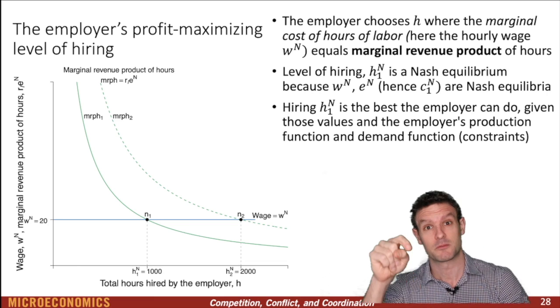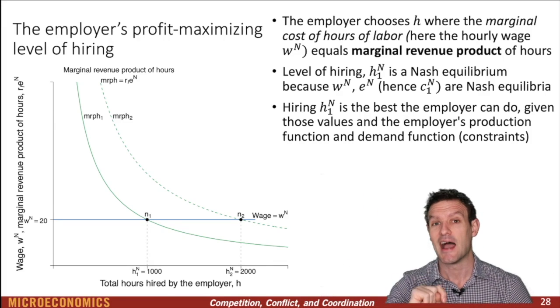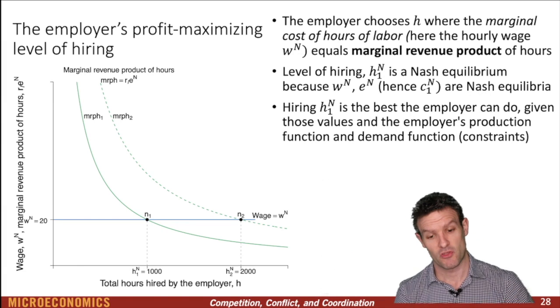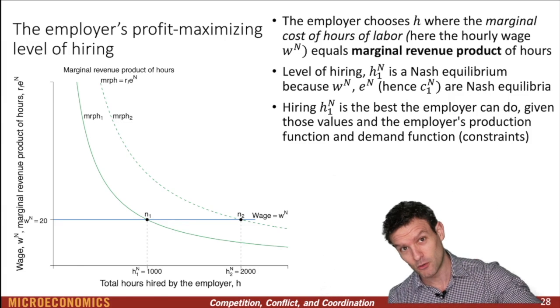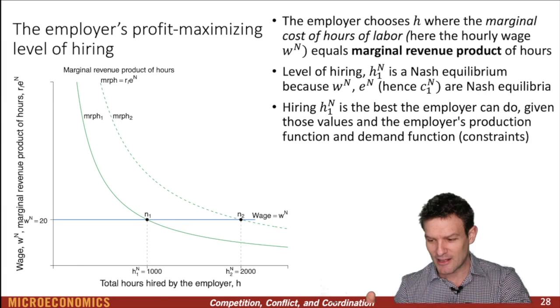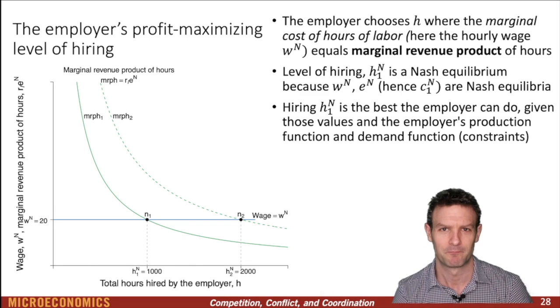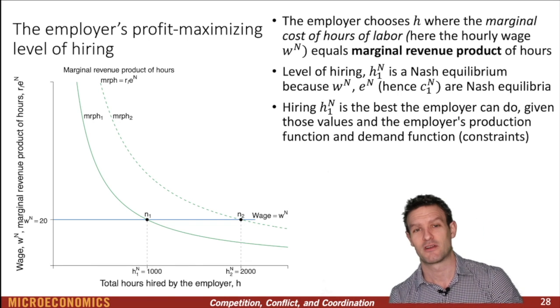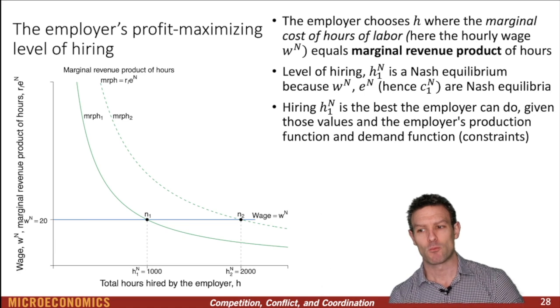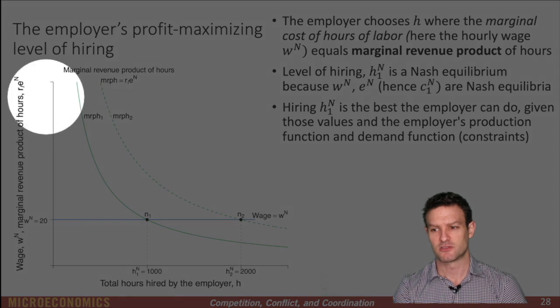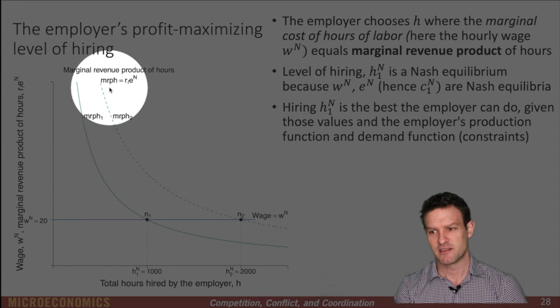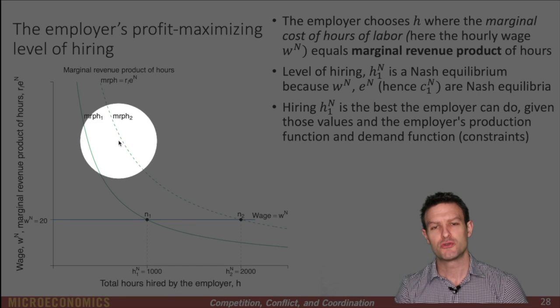Marginal revenue product must also be decreasing as we hire more people, because the price is going to go down as we increase our output, as those more people produce more goods. Hence, the marginal revenue product of an hour of effort is going to be downward sloping. And what we have here in both the solid green line and the dashed green line are two different marginal